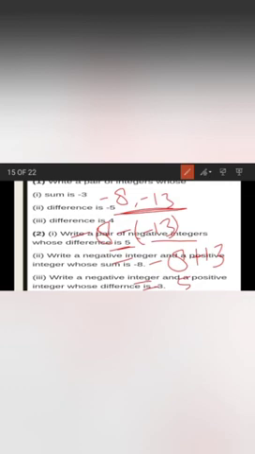So you can do the remaining questions of the exercise. Students, you have to do all the questions of exercise 1.2 by yourself, on the basis of the properties that I explained. If you have a problem, you can ask your respective teacher in the live class and try to understand it there.